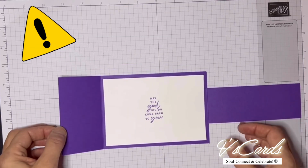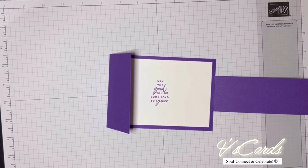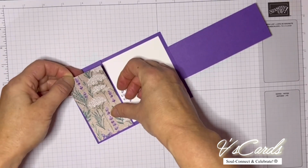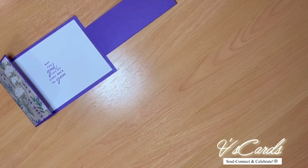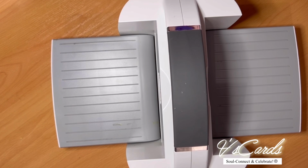Normally I don't run a cardstock attached to a designer series paper onto my die cut machine, but in this case you would have to. It's that small flap at the card front where you'd put your buckle hole in. So I'm going to use my die and attach it to the card front and then run it through my